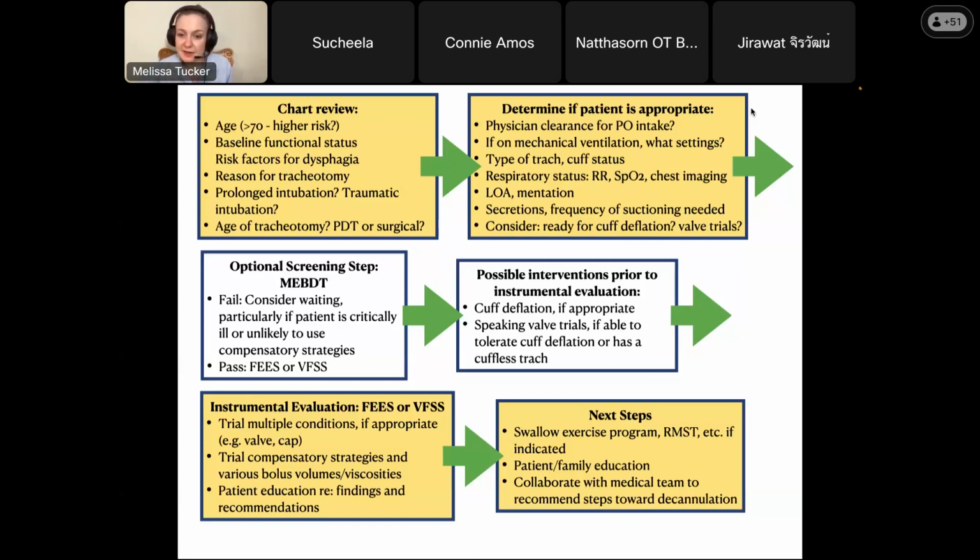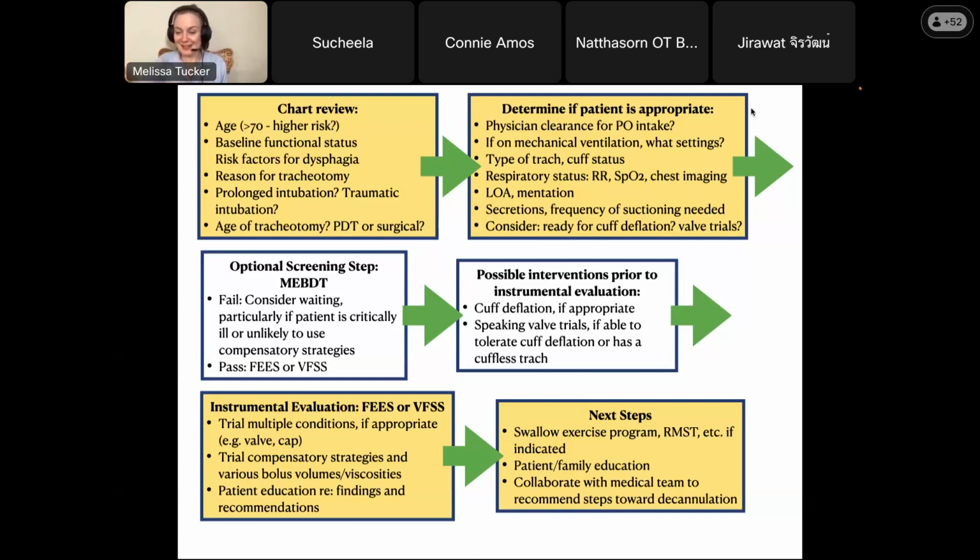Next steps after the FEES would be to implement a swallow exercise program, respiratory muscle strength training. So inspiratory muscle training or expiratory muscle strength training, if indicated, can be useful in this population. They have adapters for tracheostomy for some of the expiratory muscle strength training devices. I want to do patient and family education, and I want to collaborate with the patient's medical team to recommend